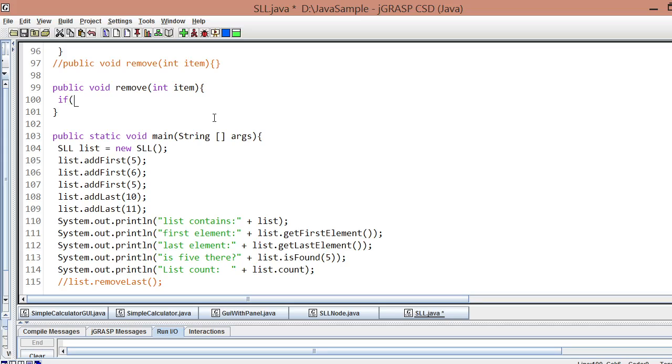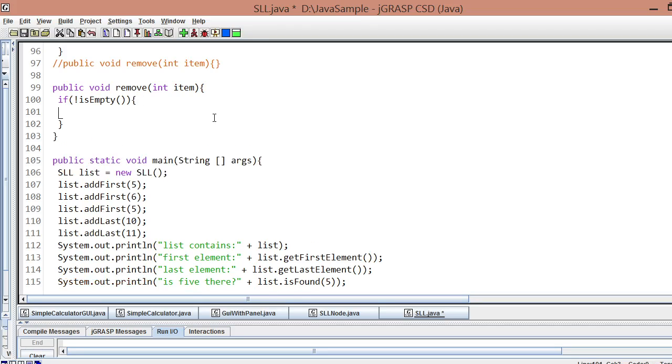So first we will check if our list is empty or not empty. We have to check first if our list is not empty, because we will not remove anything from an empty list. Once we are sure that the list is not empty, then let's check, because it's possible that the first element could be equal to the item.